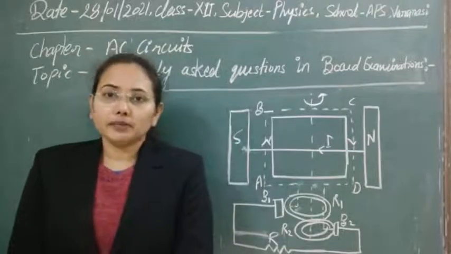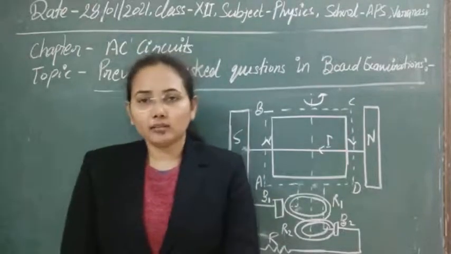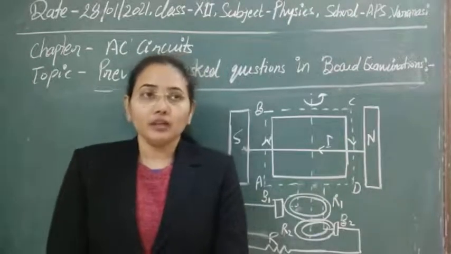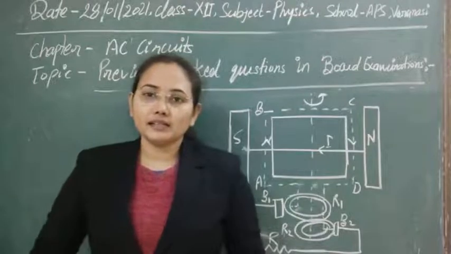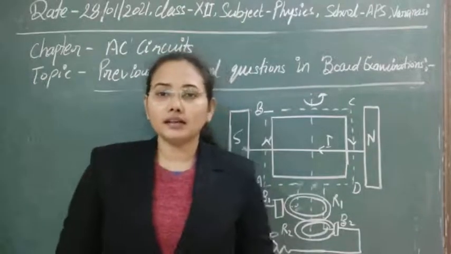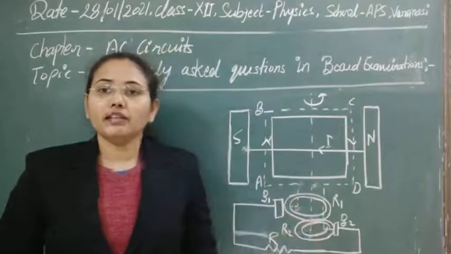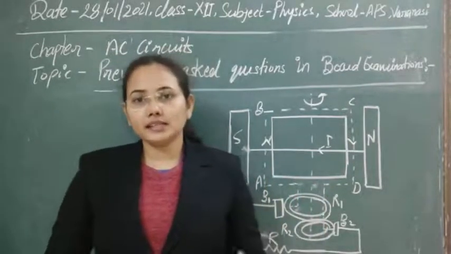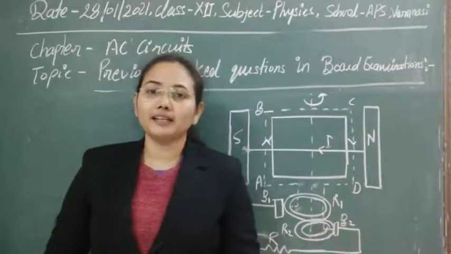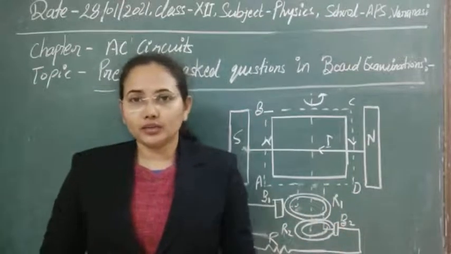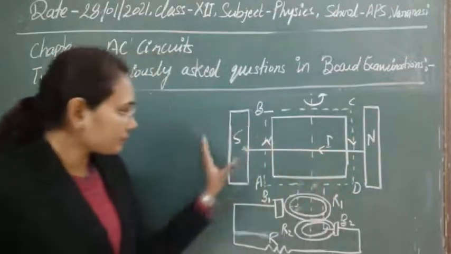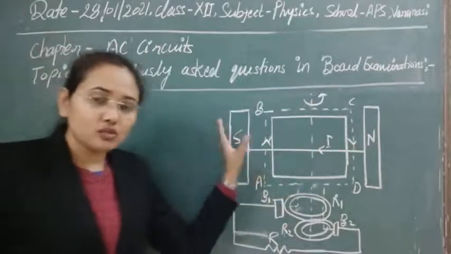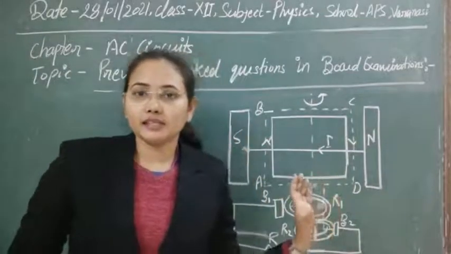Next, the principle on which it works is electromagnetic induction. So this is also an application of electromagnetic induction. As you know, electromagnetic induction is the phenomenon whenever there is a change in magnetic flux linked with a coil, then at that time an EMF is generated in that coil, and the direction of the EMF is given by Lenz's law. You already know that. So here is the diagram that I have drawn already. This is the diagram of the AC generator.